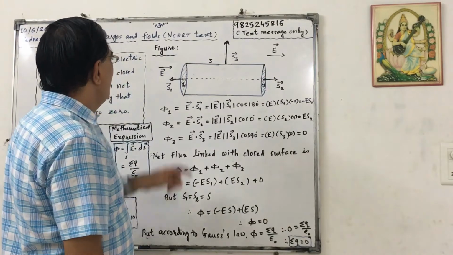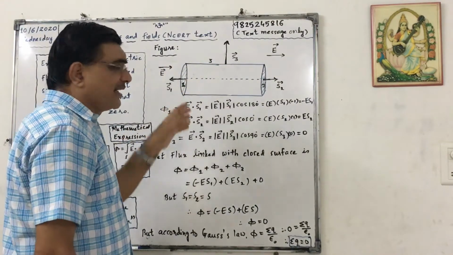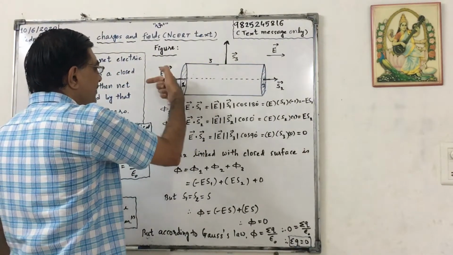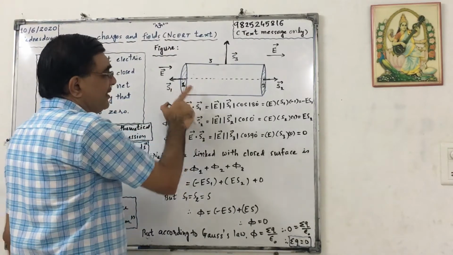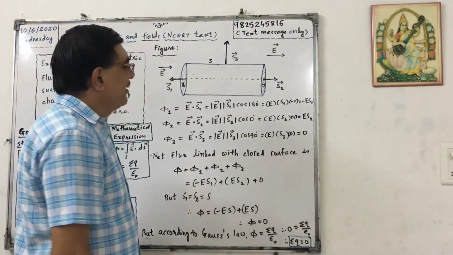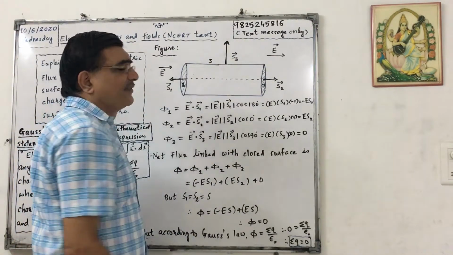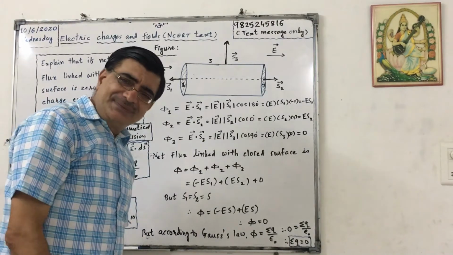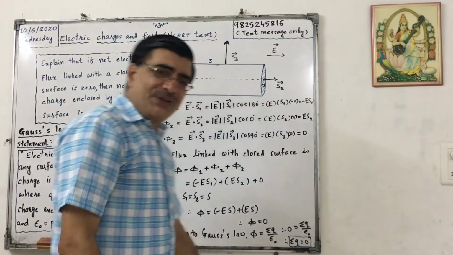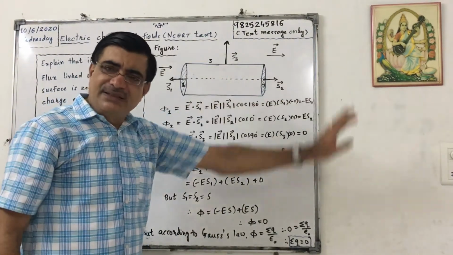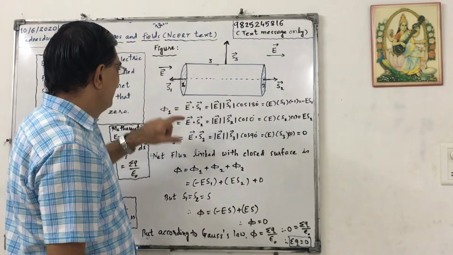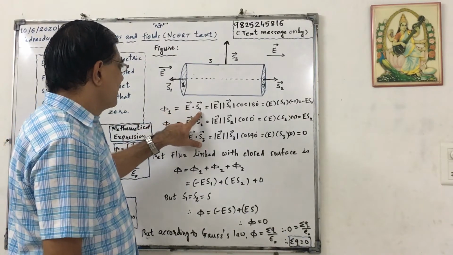For this we know that surface area is drawn perpendicular to the surface. So vector S1 is the surface area of surface 1, vector S2 is the surface area of surface 2, and vector S3 is the surface area of surface 3. The electric field here is in this direction, plus in this direction, minus in this direction. Now let us first find the net flux linked with surface 1. That is E dot S1.